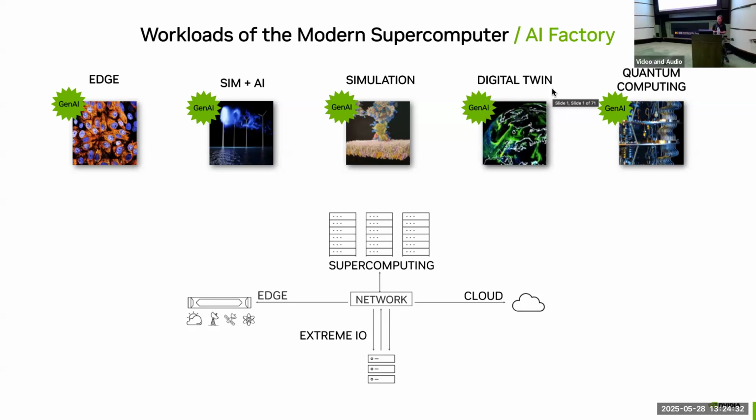If we move out from the center a little bit into simulation AI and digital twins, this is in that in-between field where we have a simulation component and an AI component working together. It allows the laws of physics or mathematical reasoning to actually bound the progress of that generative model. So it's a very important space. Think of things, for example, Kaushik will be speaking about PhysicsNeMo, where you can take a Fortran 77 application that you've been using for 30 years and start to replace and do surgery on some of the PDE solvers and tap into AI in that way. And then certainly digital twin is just an extension of that. In the visualization space,